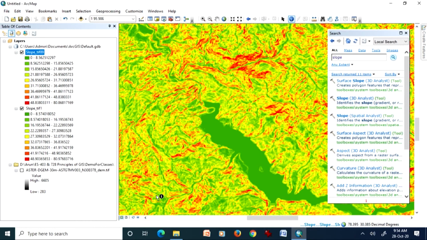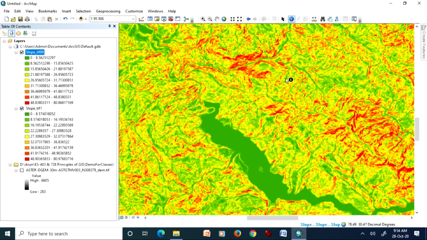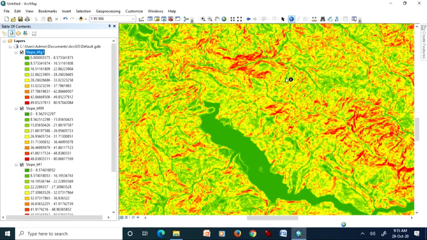And then we will try to compare this one with the one where we use the planar method with the same Z factor. We will compare all three to see what the changes are and find the differences. Generally, if you look visually, you may not find much difference.